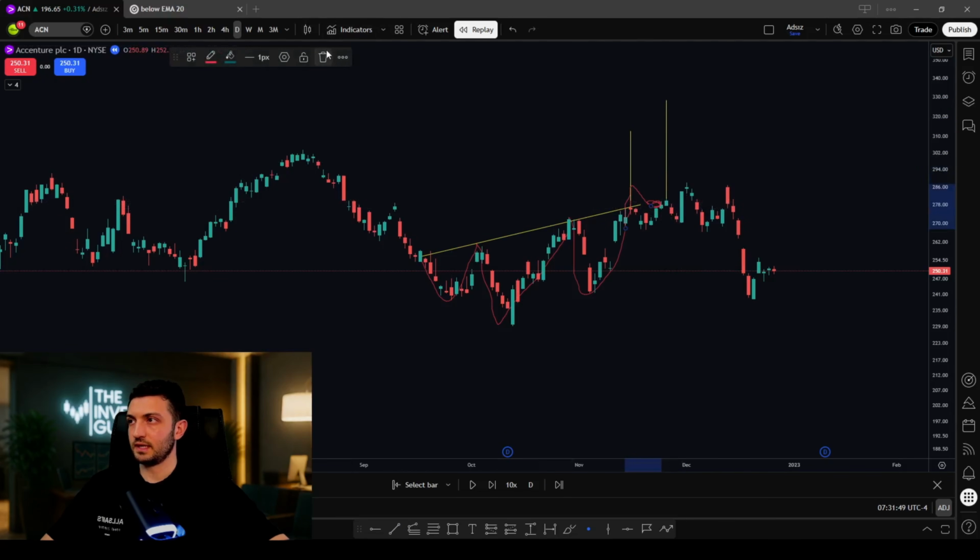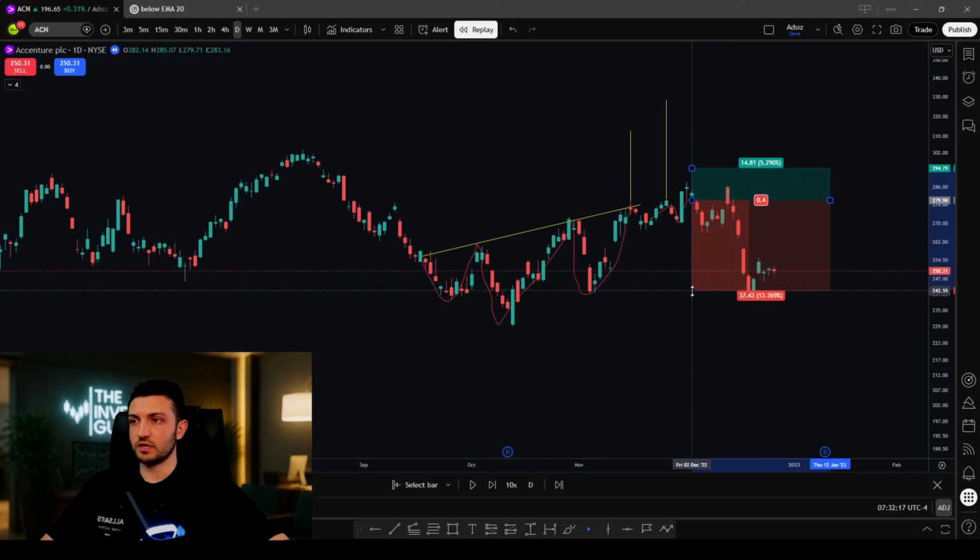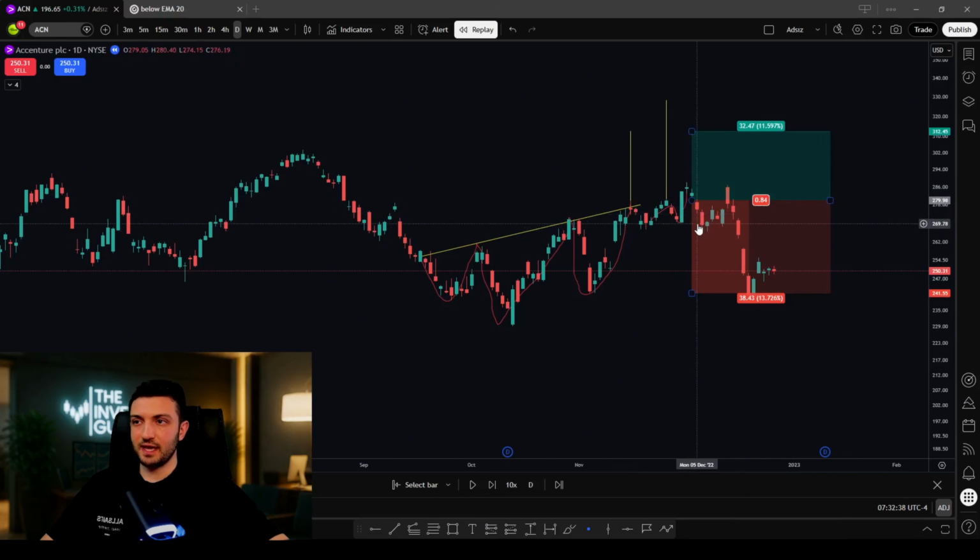Let's play out and see what price did here. Let me clean this line. So price did break out here once and a second time here. You will enter a long position at this high and probably you would place your stop loss at this low. Your first target is here. So what actually happened? If you entered this trade, you got stopped out at this low.